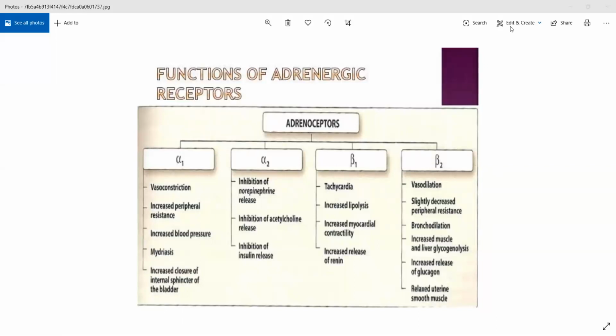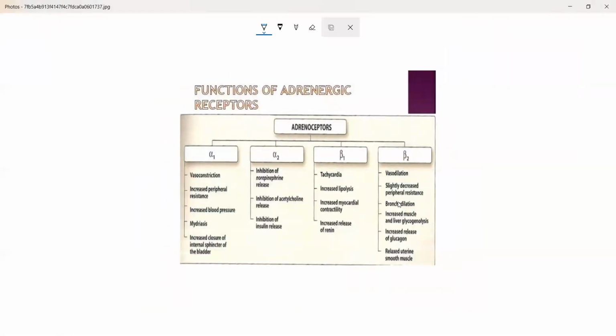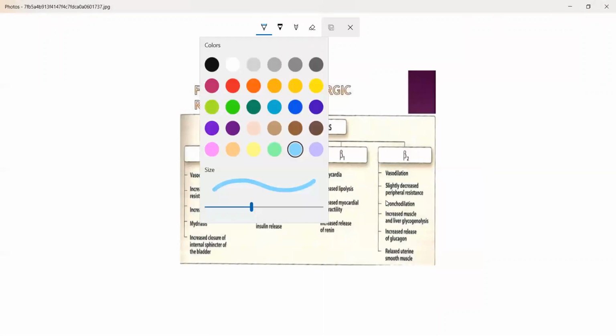Okay, so here, hold on, I cannot enlarge it. If you can still see the image,